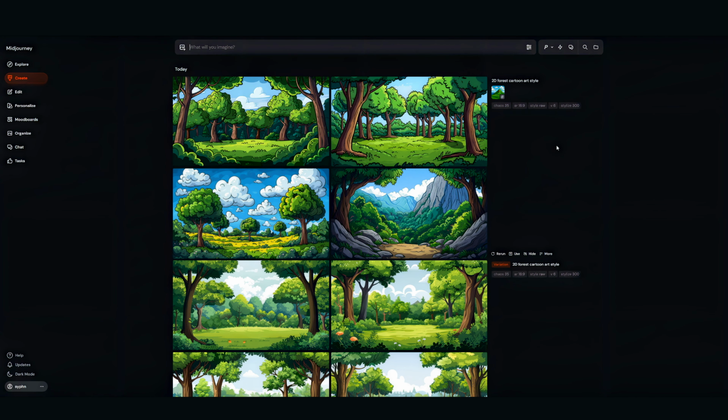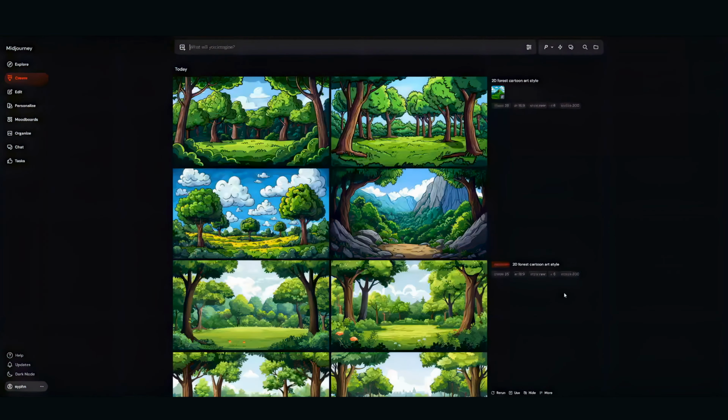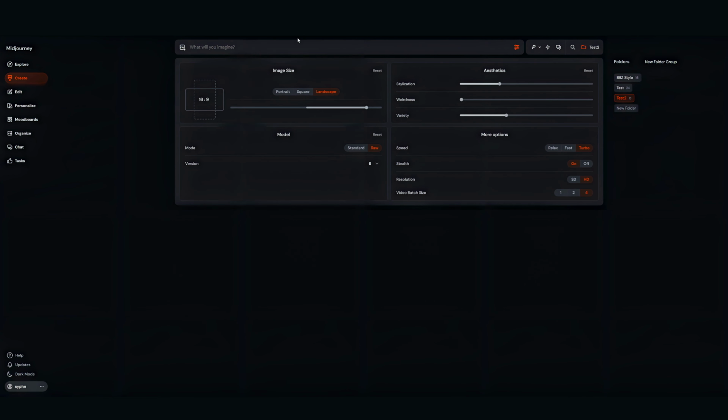So let's go to our first prompt here. These are just some tests that I made, but I'm going to make a new folder here, right? And just call it test2, hit enter, and there we go, off to the races. So the way that this works is you can edit your application right here, the AI right here, and give it your preferences. You can do landscape, square, portrait, depending on what you're working with.